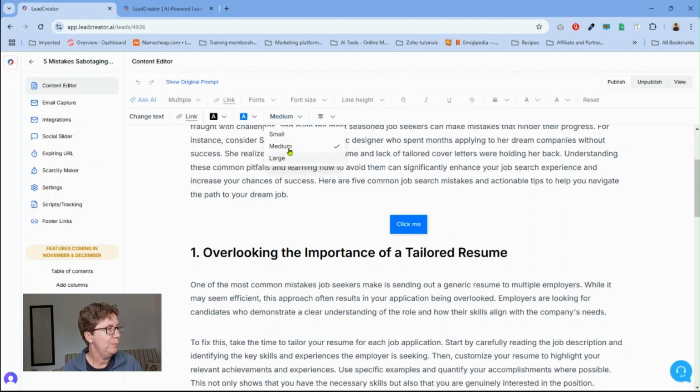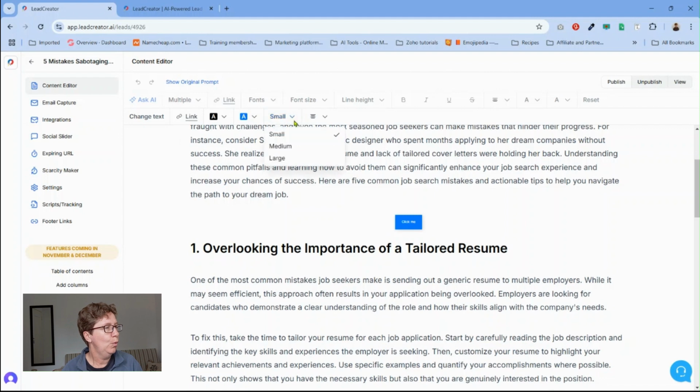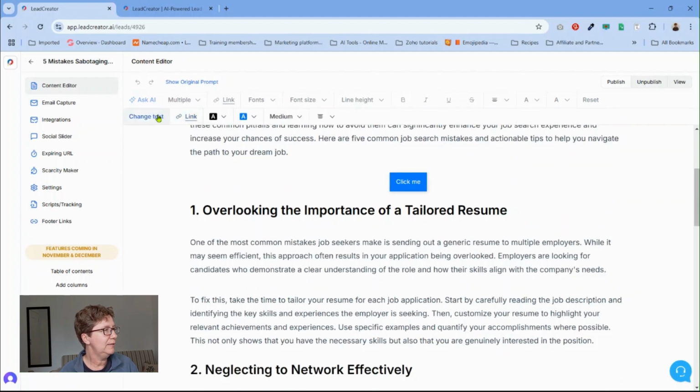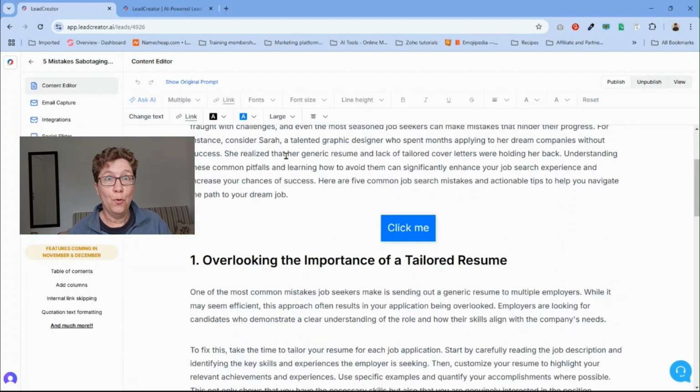Here you can make it medium, small, or large. And if you want to change the text, you can come over here and change it to anything else. There you go. And more features are coming in the future, like you can see over here.